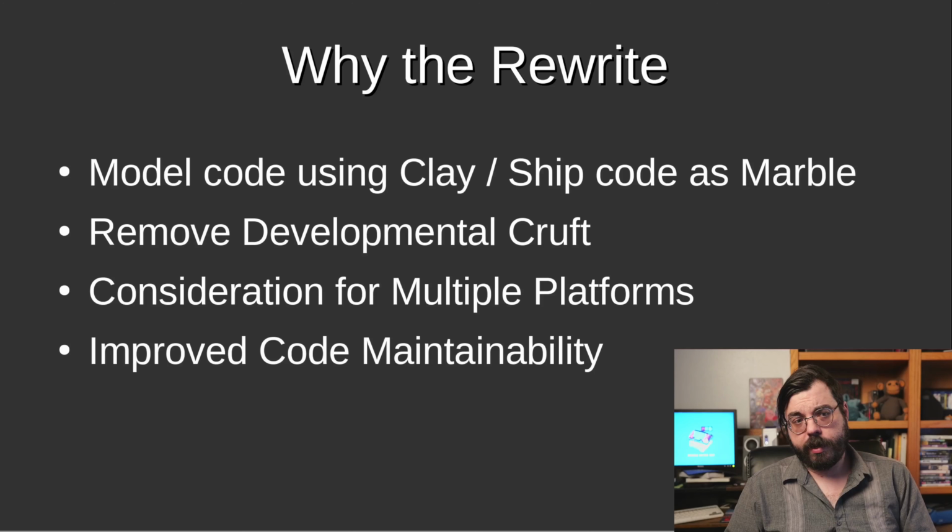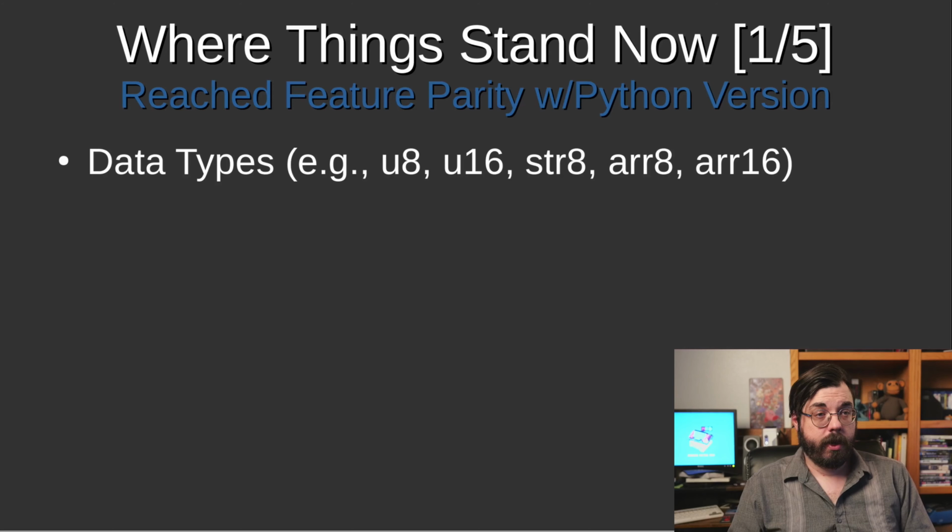Another side effect or thing I wanted to accomplish was to improve the code maintainability. A lot of this came about just moving from Python to Rust, but some of it's also how you decide to structure the code. So it's sort of an incorporation of lessons learned, and that allowed me to make the code better from a long-term standpoint. Now, as far as where things stand right now, I've already reached feature parity with the Python version,